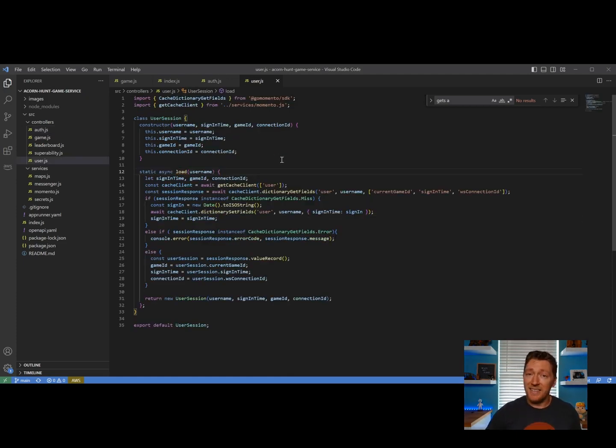Now the user session is a class that we've built in JavaScript that goes in, hits Momento Cache to pull from that user cache specifically for the username. And we're pulling out the current game ID, when they signed in, and what their WebSocket connection is. After we load that information from the cache, we save that in the user session and return that back